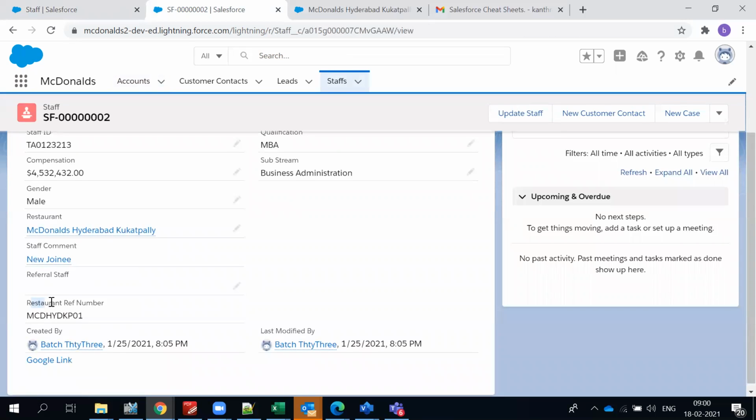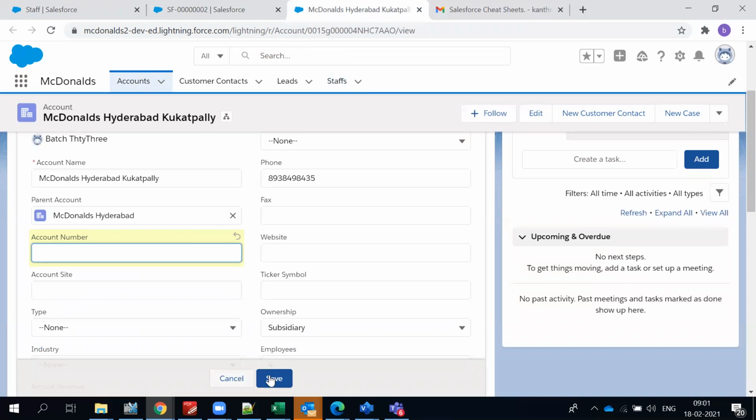You see here, the restaurant's reference number, we got it. It's a read only field. On the page load, we got this value. Okay. So what we did is,